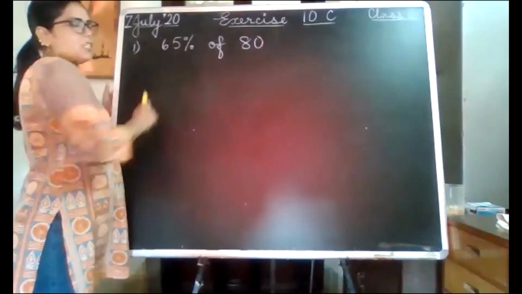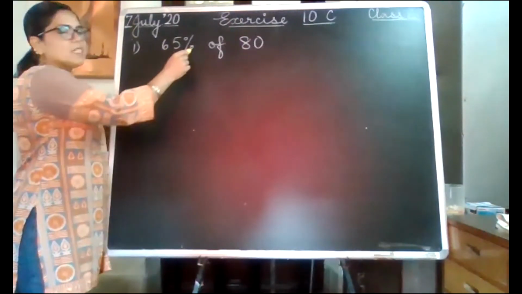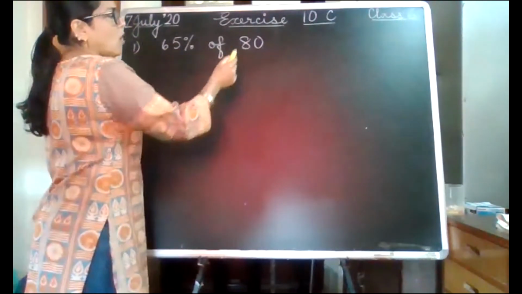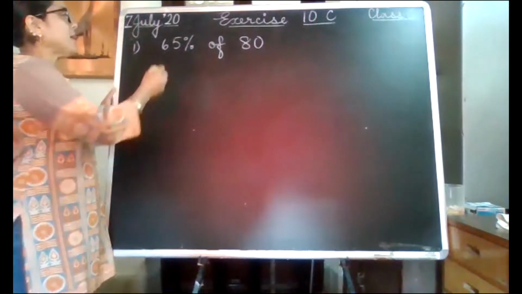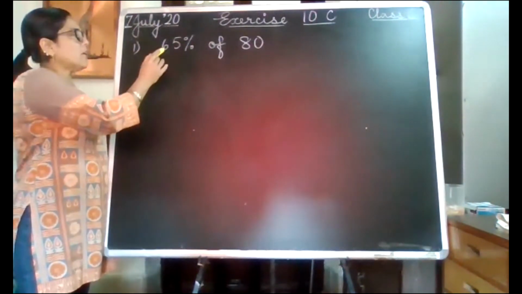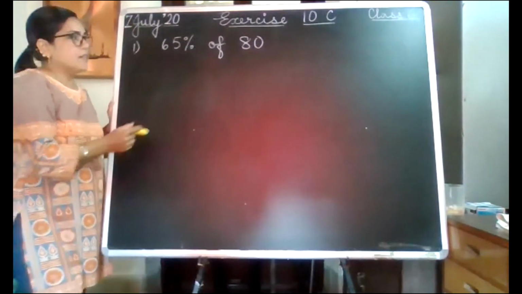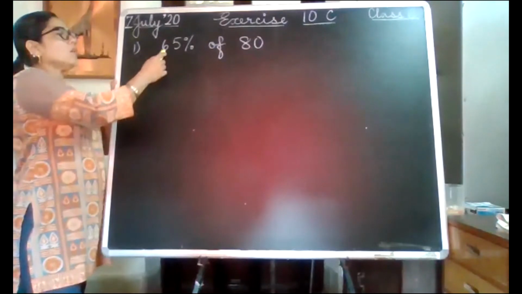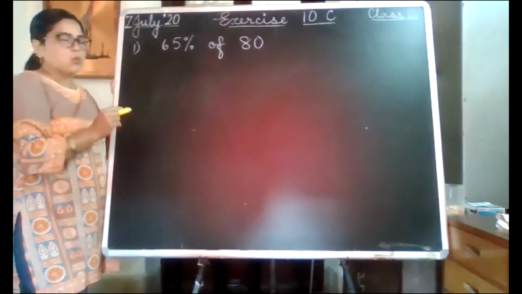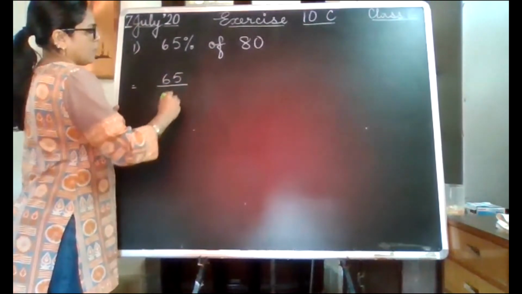So this is a question similar to find the value of. We know the percentage and we know out of how much the test was. Okay. So had it been out of 100, we know that he would have got 65. But the test is not out of 100. So if the test was out of 80, what were the marks that Kamal scored? What will you do? You do 65% of 80.